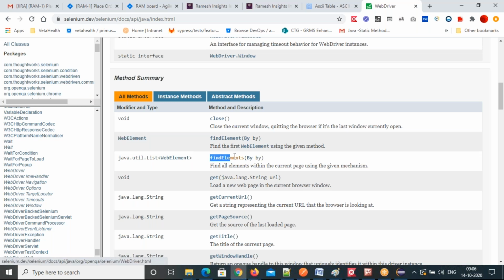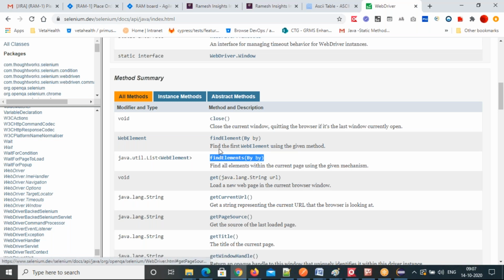Okay, sir, sure. findElements returns a list of elements, a group of elements. It finds all the web elements with a given locator. The locator is common to many elements; whatever locator you give is representing many elements. If you want to find many elements, you have to use the findElements method. findElement will identify a single element, but findElements will identify multiple elements. It's a singular method, plural method.